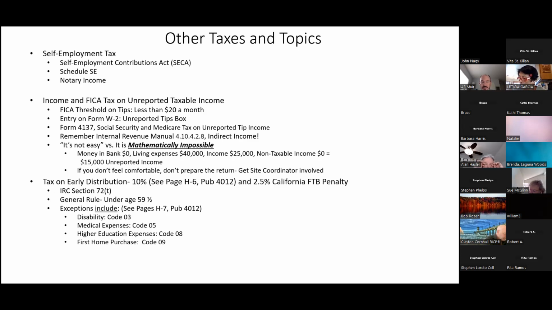I have seen this so many times, it's like a broken record. I've actually had clients call me up and say, Jerry, I'm thinking about taking a distribution. What do you think? I'm thinking, well, do what you need to do. But here are the tax consequences. Again, 10%, 2.5%, and then you pay income tax on the distribution.